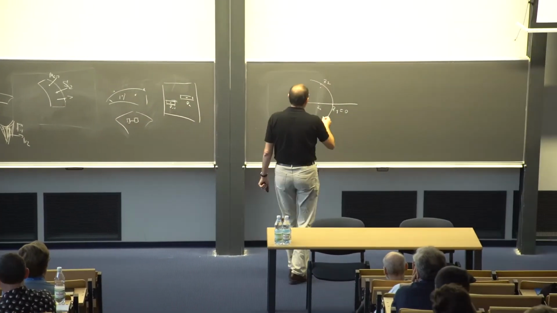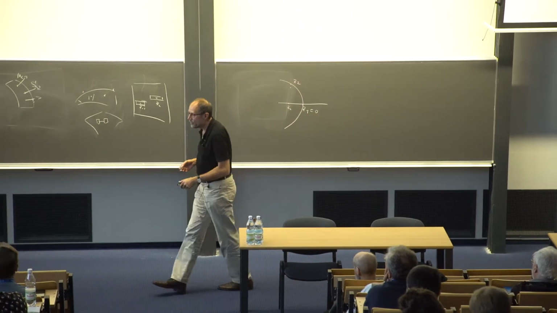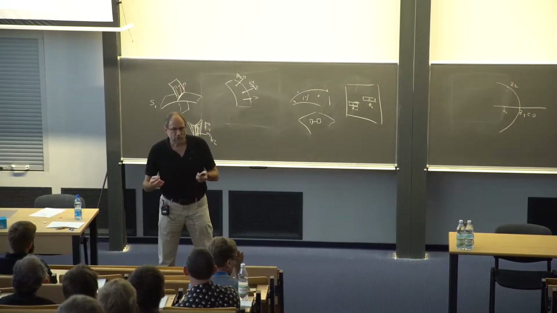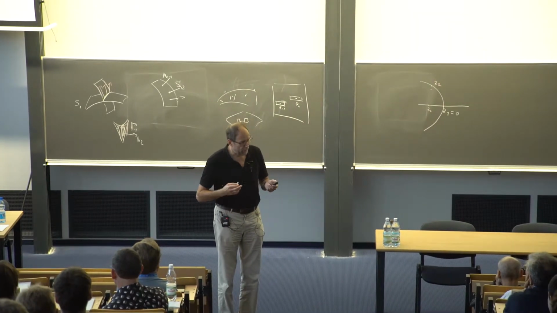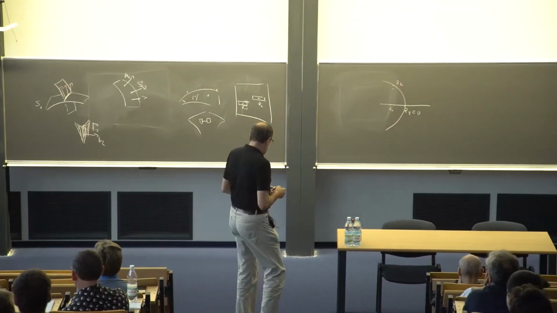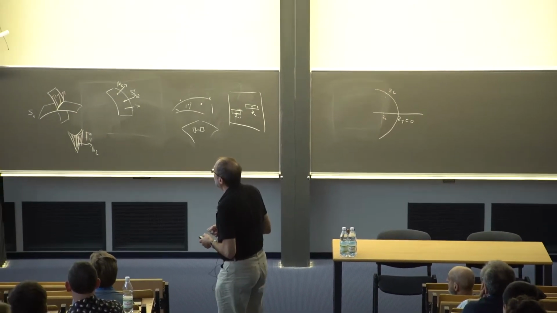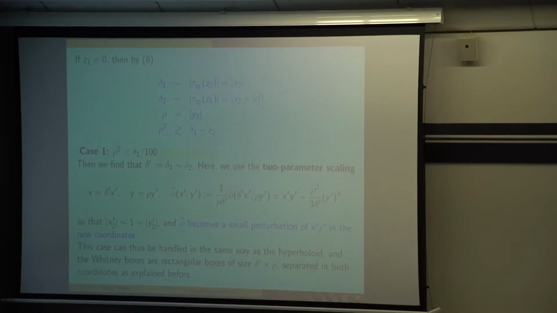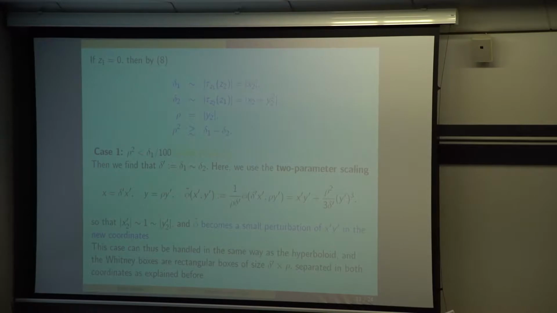And now you want to ask, so suppose you have 2 points, what kind of boxes would you try to find around them as big as possible, so that on all points within these 2 boxes you have the right transversality at a certain scale. And so we distinguish here 2 cases. If rho squared is much smaller than delta 1, that's case 1 here, then you find from this last estimate that delta 1 and delta 2 must be comparable in size.